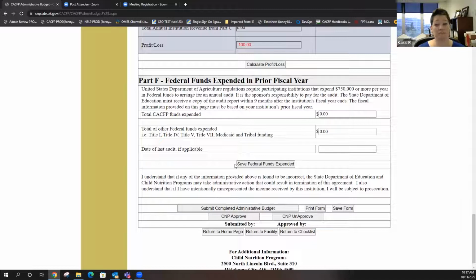Because as long as we've ever known, Title 20 was considered federal funding. But what we've been told and what we've learned is that Title 20 DHS funding, once it gets into your hands, is not considered a federal award because you contract with them. So I say all that to make sure you understand that if you don't receive any other federal funding, it's going to be zero. In years past, if you got DHS, we kicked it out and said you got to put that here. You don't put it here now. So mostly it's going to be our tribes, anyone that gets any kind of Medicaid funding. Schools, no, schools don't even have to do this form, never mind. So most everyone's going to be zero, honestly.